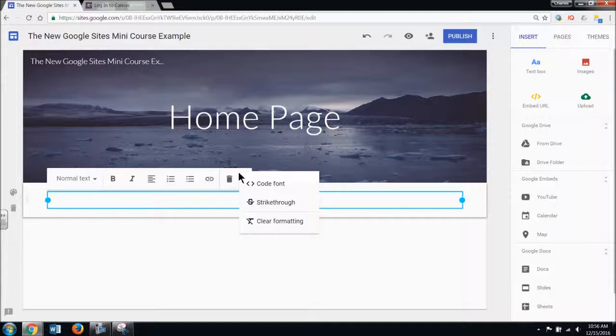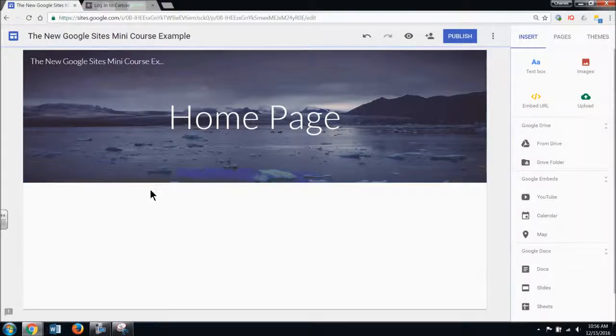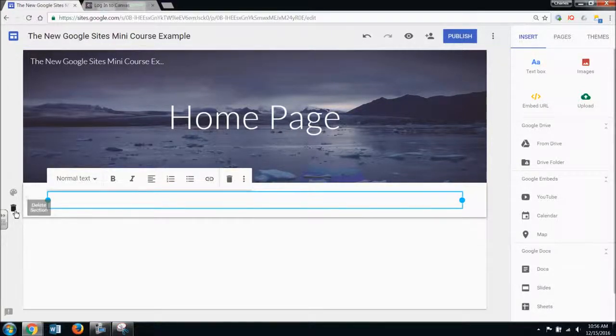If I wanted to copy and paste the clear formatting may come in handy, or if I wanted to have a strike through for some reason, I could do that. Oops, I accidentally hit the delete button there apparently, so I'll bring that text box back by creating a new one. Notice that there is the option to delete right here by clicking the trash can,